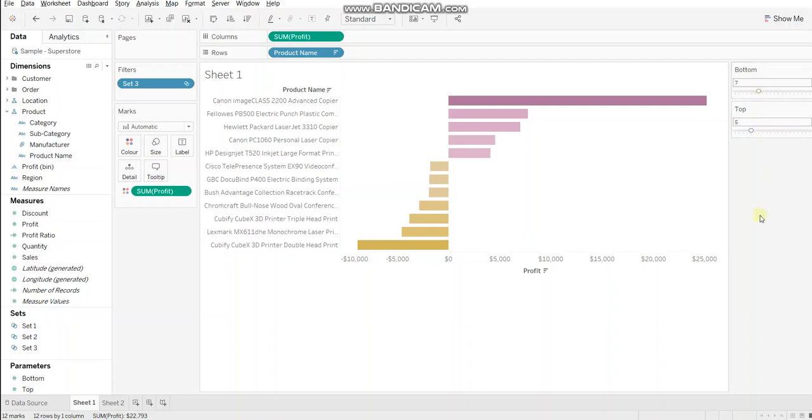So let's understand the relevance now. Top and bottom n are used especially when you want to visualize or monitor the performance of a particular dimension. In this case, suppose we want to visualize which were the best performing products in the last quarter. So for that, this method is used.